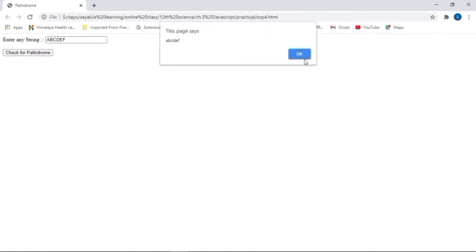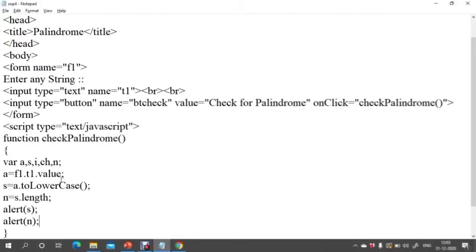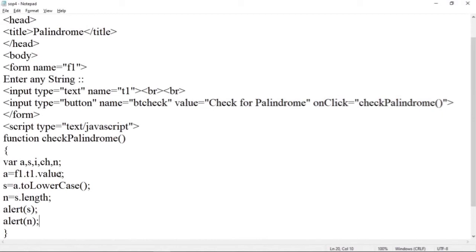If you enter the string in capital form, it will be converted to lowercase, and here the length is also 6. So here we have accepted a value from the user, stored it in a, and then converted it to lowercase, which is stored in s.